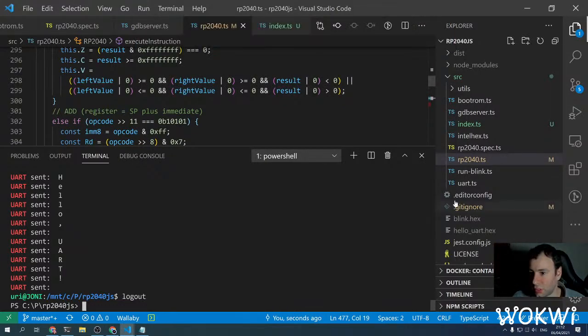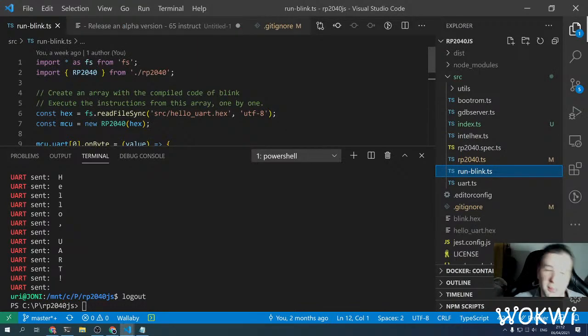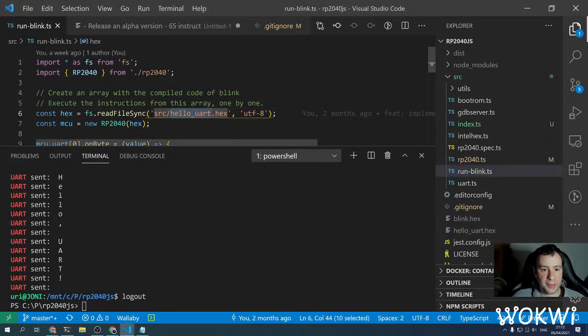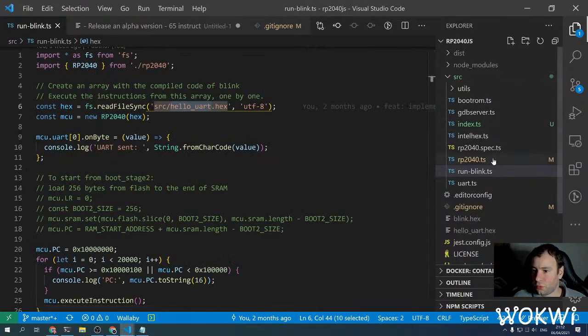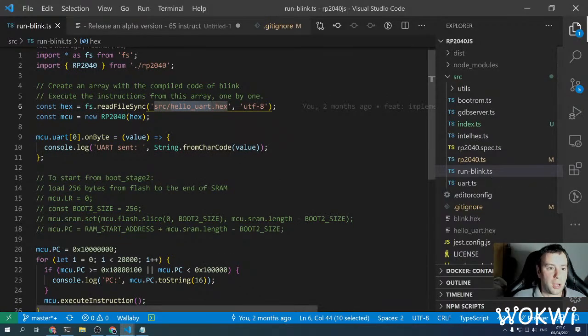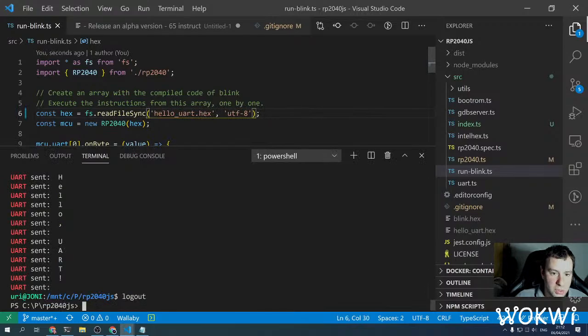Execute, where are you? Or, oh, we called it run blink. Yeah, it doesn't run blink, but it's called run blink. All right, so okay, first of all, I would move that file probably out of src. It's going to be some kind of example or demo, but first I want to see if we got